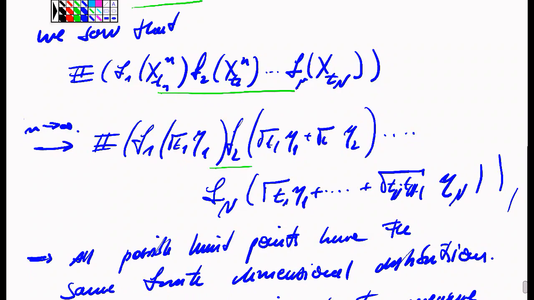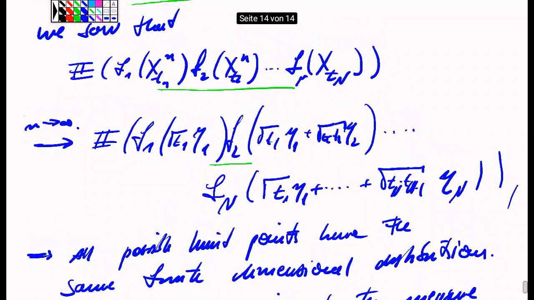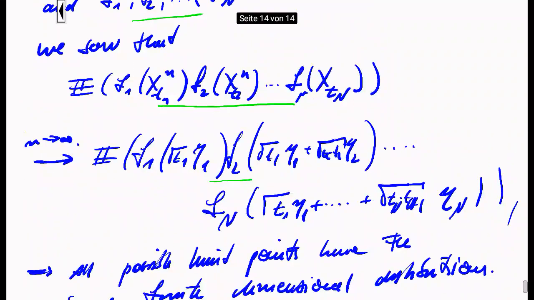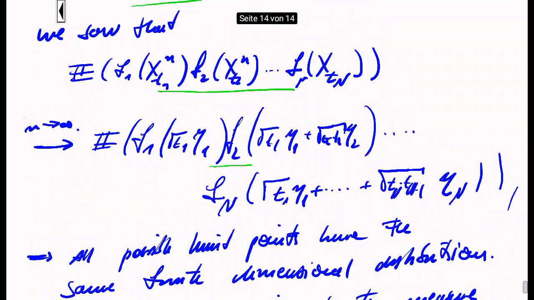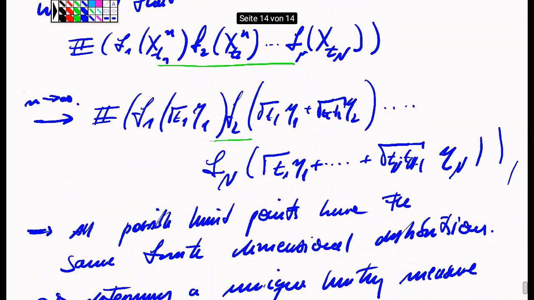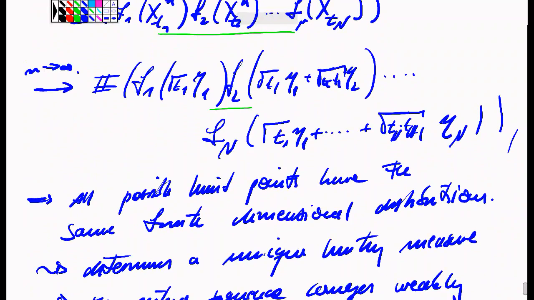So therefore we have a unique and unambiguous description of the finite dimensional distribution of the corresponding law